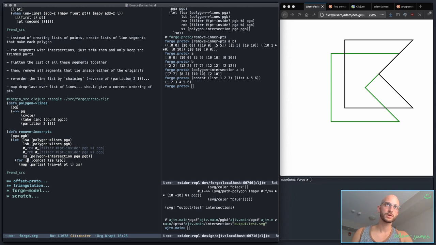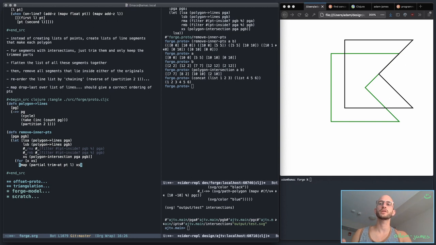So for X in X's, this for loop, by the way, is really similar to Python's. They're not even called loops technically. They're list comprehensions, if I remember correctly. They're really nice though. Okay, so I actually don't know which of these ways would be more efficient, so I'm just gonna guess that doing it this way will be, but who knows. Trim at X, no, trim at the line here X,